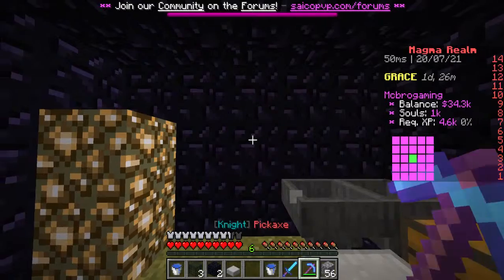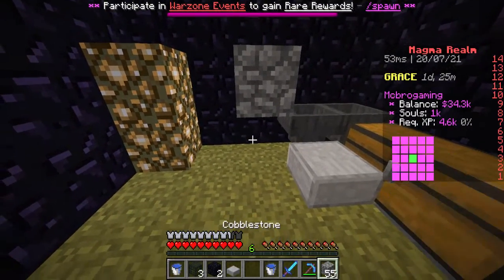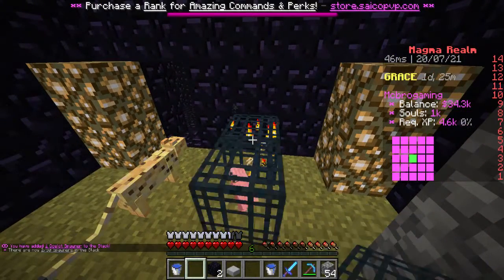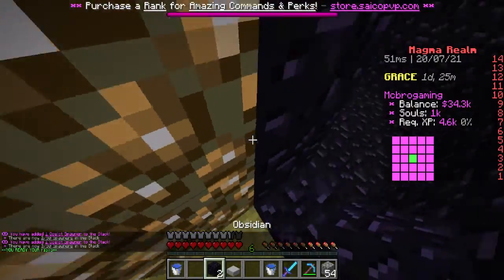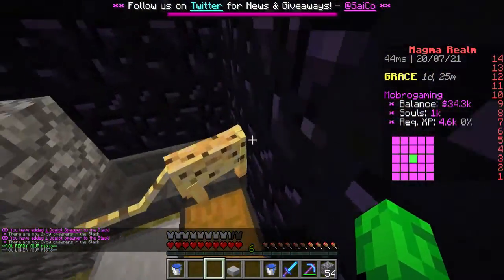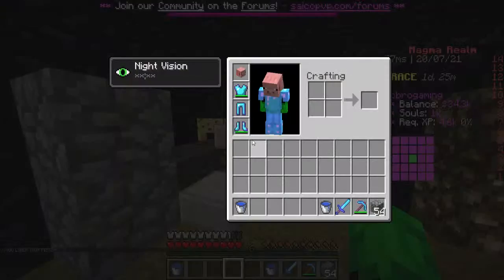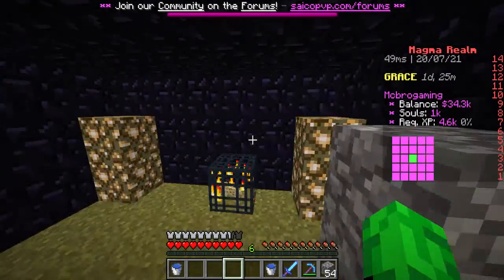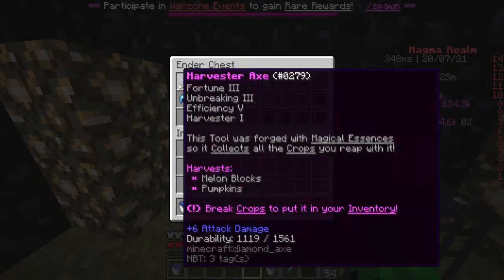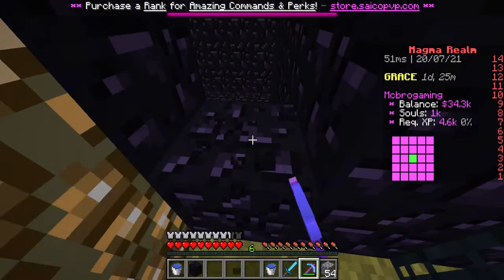So for the ocelots, this is really kind of a pointless setup. But I guess I'll put them right here. I really don't need to close off the box right now, but I'm going to either way. No, I'll keep it open. Why not? And also, I'm going to switch to my Silk Touch pickaxe because I feel like I'll make a mistake and end up mining the spawners with the wrong pickaxe